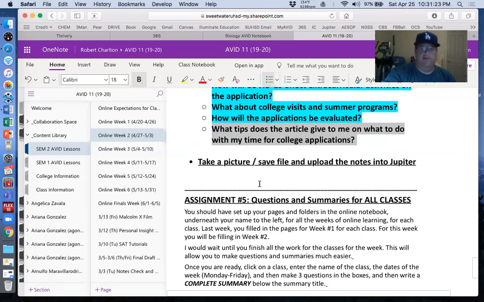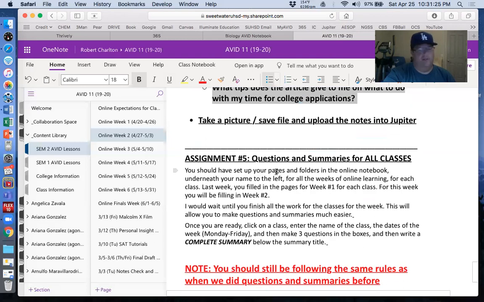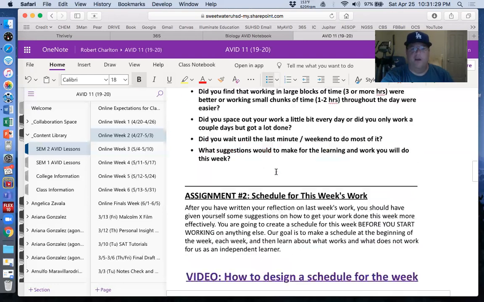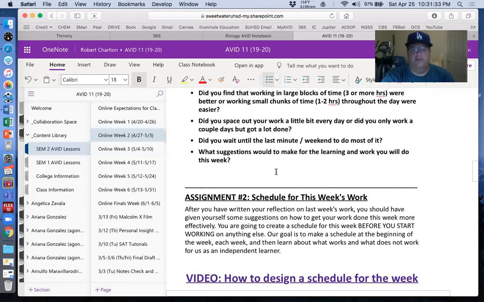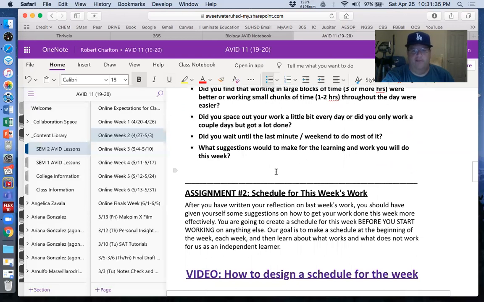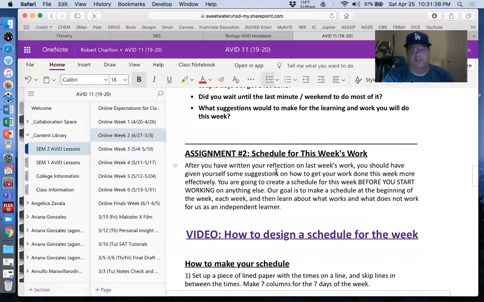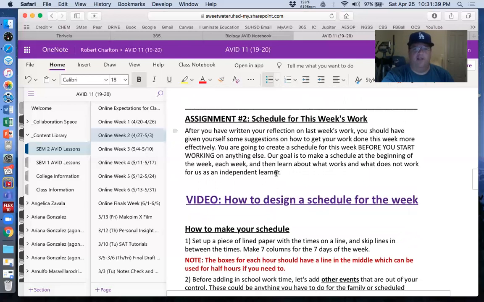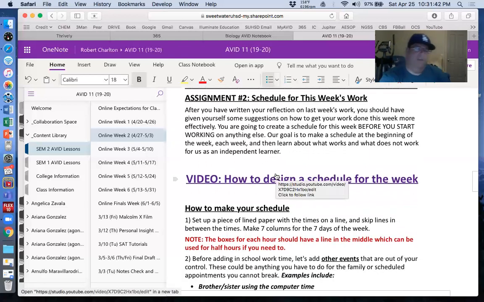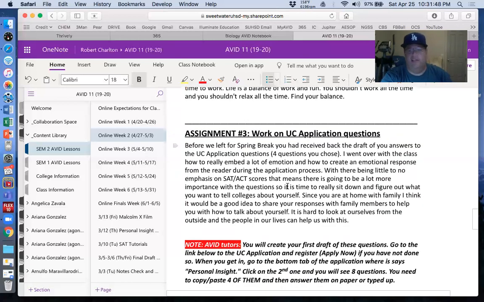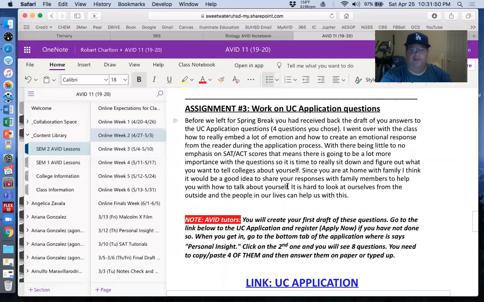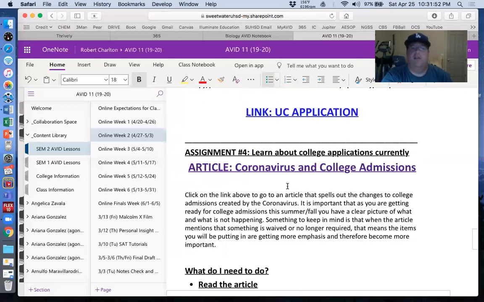So you've got basically 4 things. Oh, and question summary. Don't let me forget about that. But come on, you already knew that was happening. That's an AVID thing. All right, so what do we got? Go back here. 1, reflection. That'll take you like 15 minutes. 2, make a schedule. That's going to take you a little bit of time. To really think it through, I'm probably looking at maybe 20 to 30 minutes. 3, working on your application. Again, not due this week, but you should get started. You should spend at least an hour or so on that.